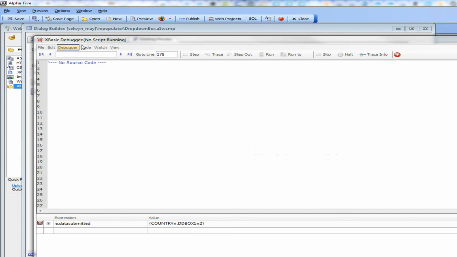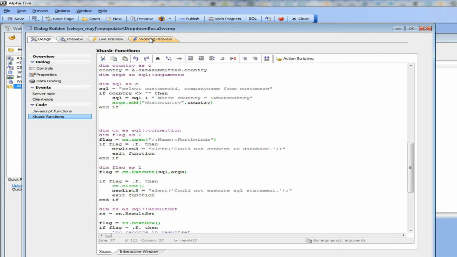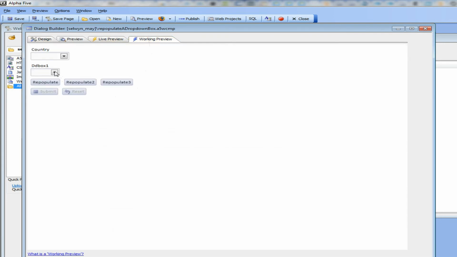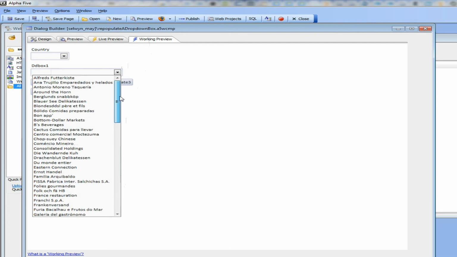But in this video, what we're going to do is show how this list here can be computed on the fly by making a query against a SQL database. So if we start out here blank again, you can see our list is alpha, beta, gamma, and then I'm going to do an Ajax callback and go and get a list of all of the customers from Northwind customer database. So click the repopulate button,